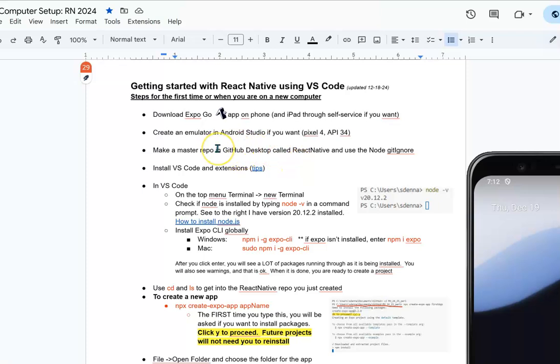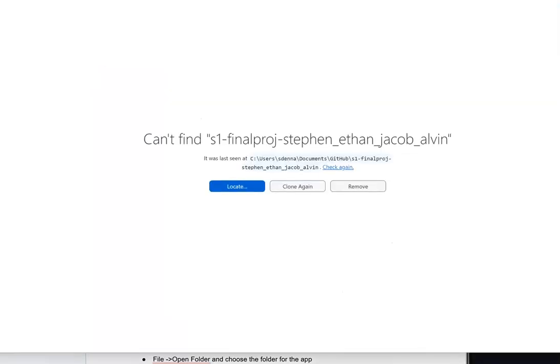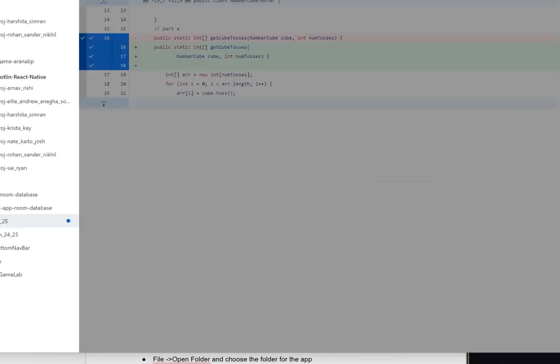Secondly, you want to create a repository in GitHub Desktop that we're going to use with all of our starting React Native projects, just like how we did for Android Studio. And for your git ignore, you want to use the Node template. So I'm going to go into my GitHub Desktop and